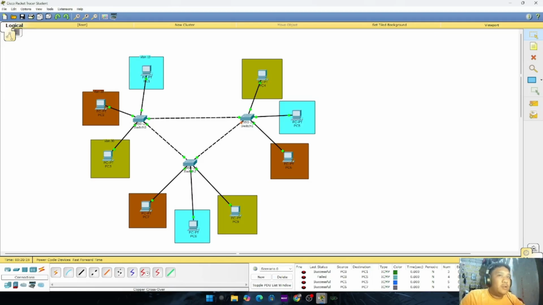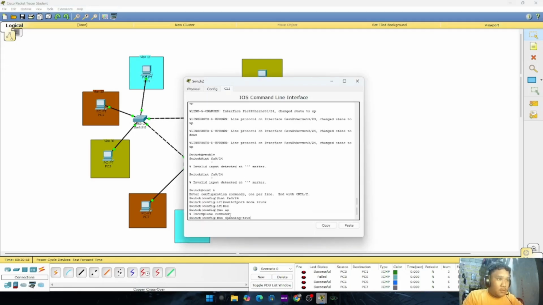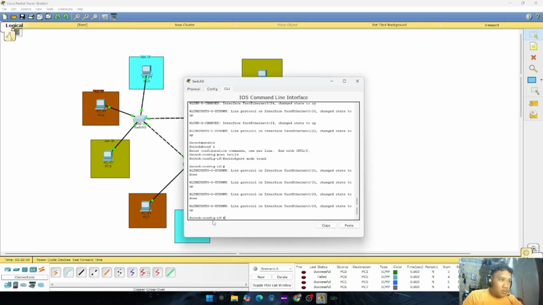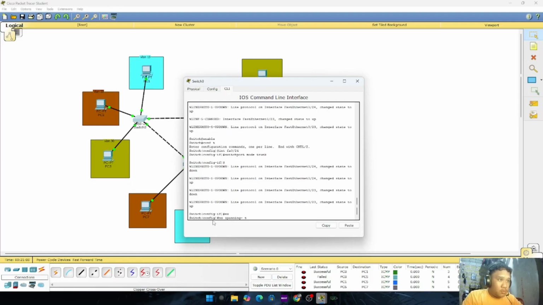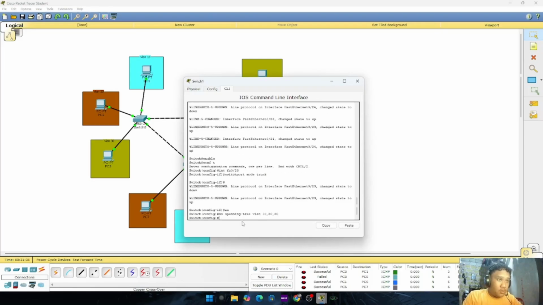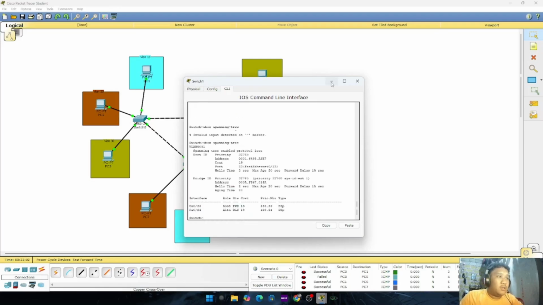As you can see here in Cisco Packet Tracer, the STP is configured. Let's try to remove the configuration. As you can see, the port is locked.